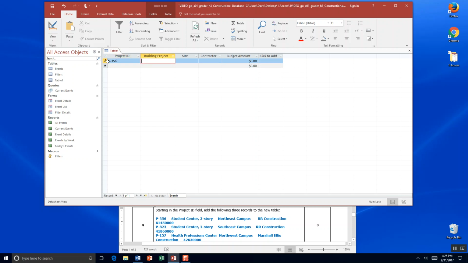I'm going to hit tab, and under building project I'm going to call it Student Center. Then I'm going to hit tab, and under site I'm going to call it 3-story, and then under contract I'm going to call it Northeast Campus, and then under budget amount